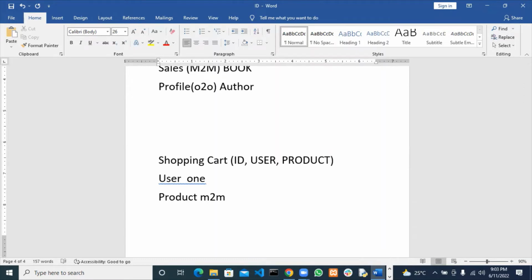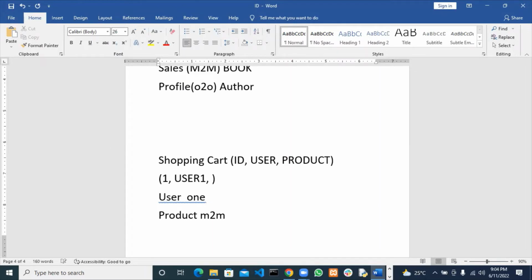So that means in all the carts, you always have one user to that cart, but many products. So at this point, we have a user table here, and we also have a product table here. That's two tables embedded in one table. So at the end of the day, when we want to insert one record to this cart table, we have something like this: ID of 1, user of 1,